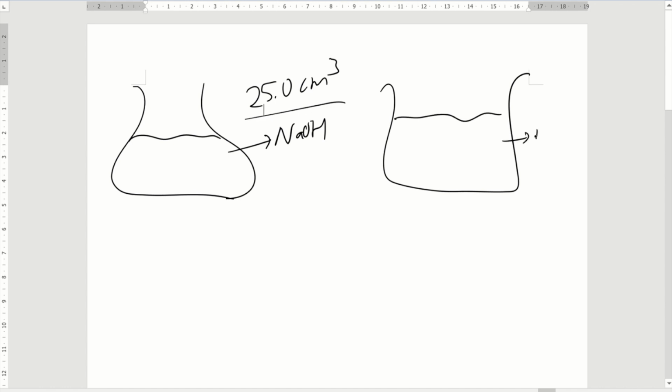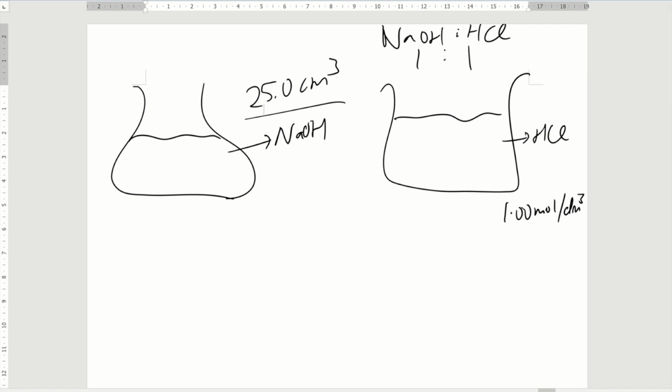Okay, because from just now, I know that NaOH and my HCl react in a 1:1 ratio. This HCl concentration is 1 mole per dm cube. So I want to react them together. But how much to react? Recall, this is colorless. So I must make sure that they react with each other completely, at the exact volume, so that